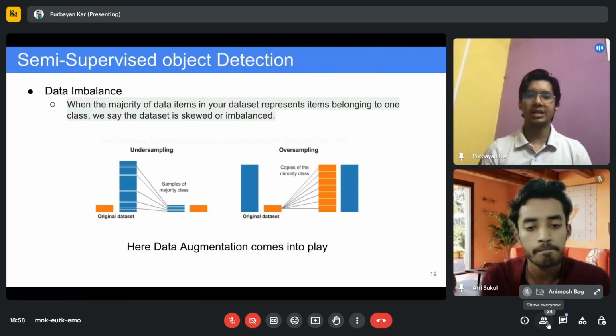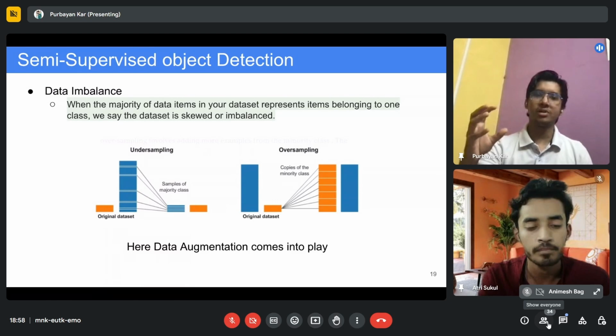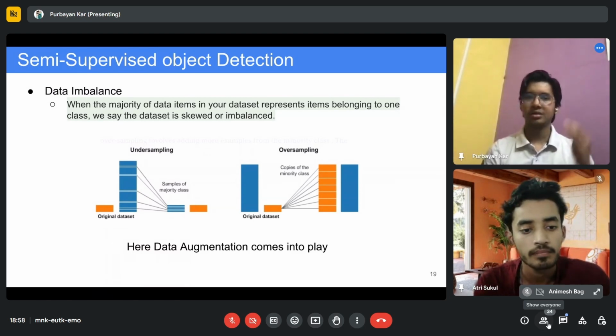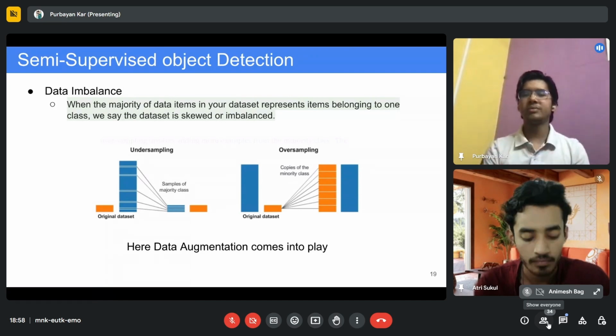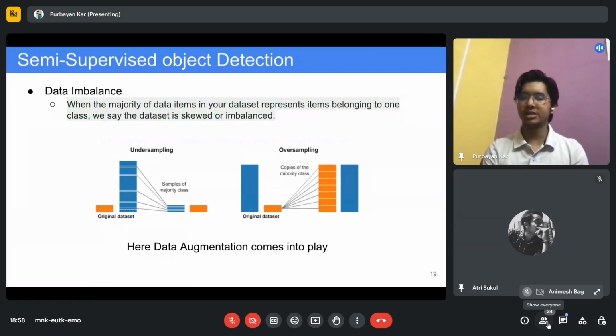What I mean by balanced is, let's say you have 10 classes in your data. The classes may be cat, dog, horse. The number of images for those particular objects in your dataset should be more or less the same for a good balanced dataset. If your data is imbalanced, the number of images of a particular class will be very high.